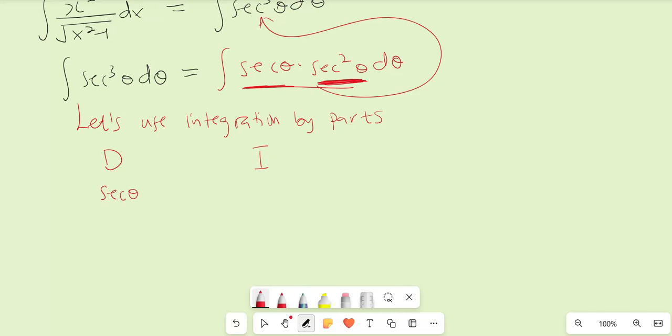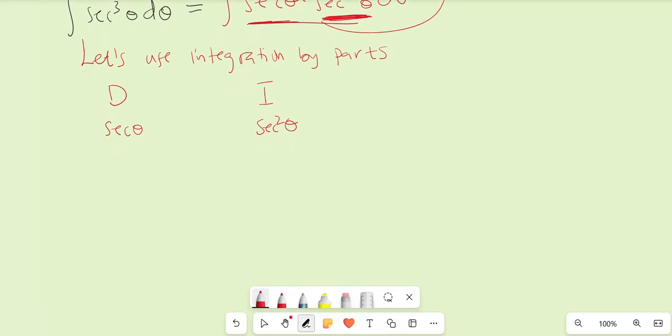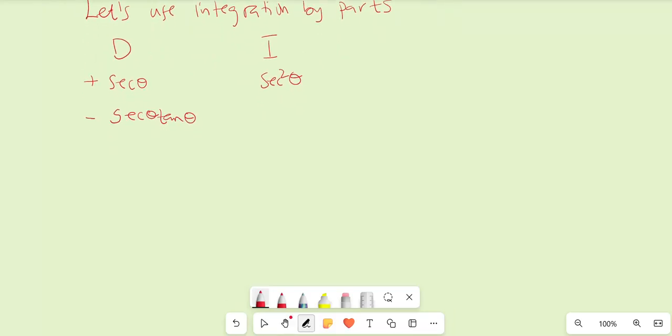We can integrate secant theta, but it is easier for us to integrate secant squared theta than secant theta. So differentiating this, this is plus, the next one is minus. Differentiating this is secant theta tangent theta. Integrating secant squared theta is just tan of theta,